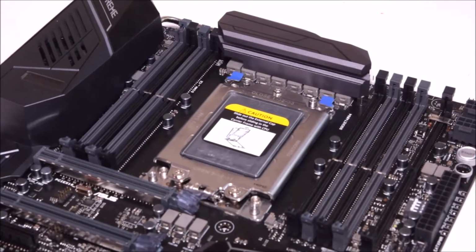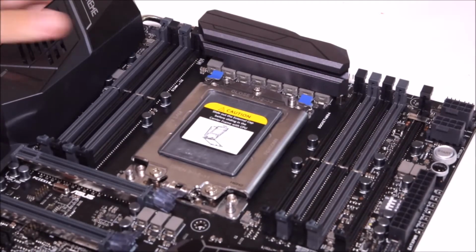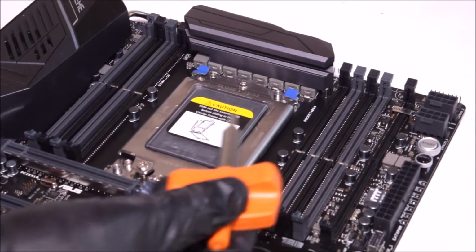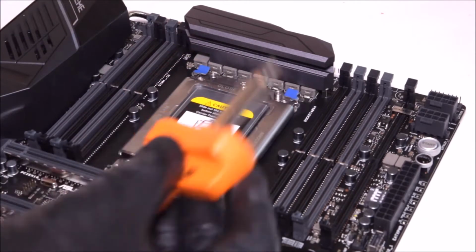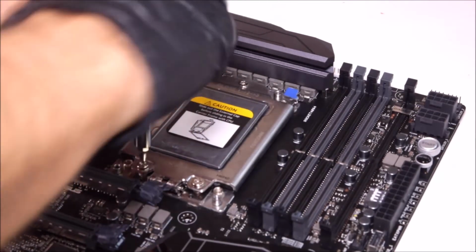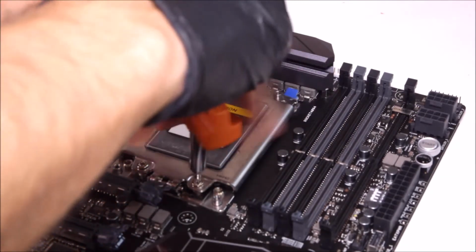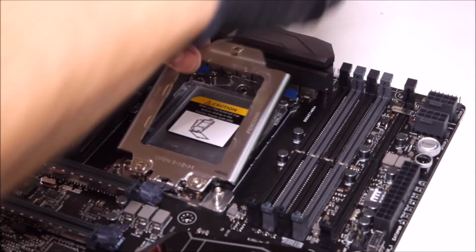Okay, so here we are, and we've got the CPU socket in front of us. The first thing you'll need to do is unscrew the Torx screws in the socket using the tool that you got from AMD in your CPU pack. So we will just go ahead and unscrew those. If you just do them one by one, a few turns, just so you don't get any kickback from the tension, and then eventually it should just pop